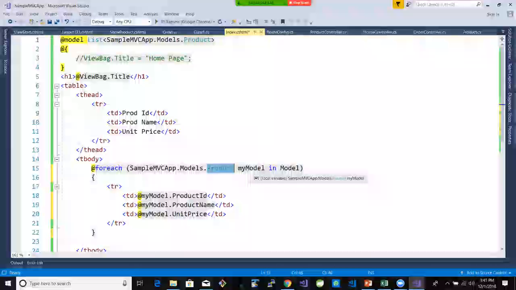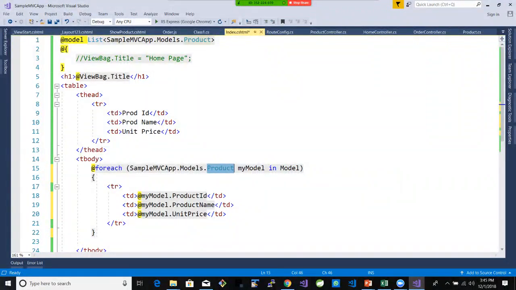Product, yeah. So then I can say my model.product ID because I'm doing a for each and I'm going through each item in the list. Make sense? So if I run this,